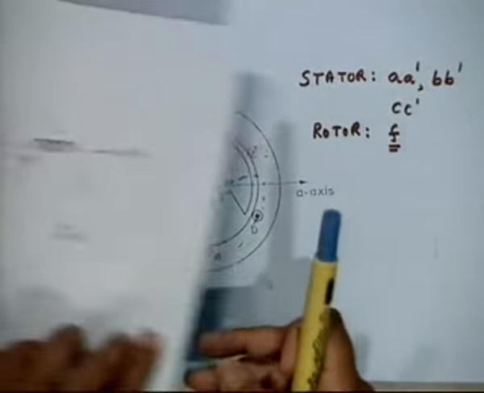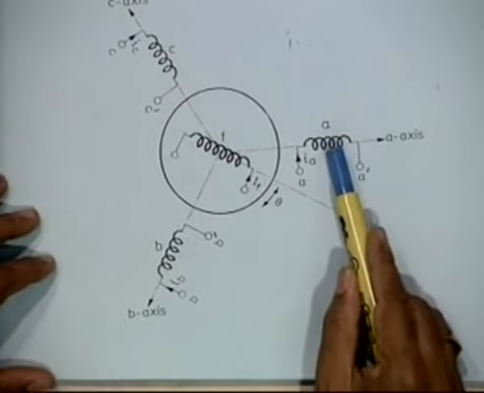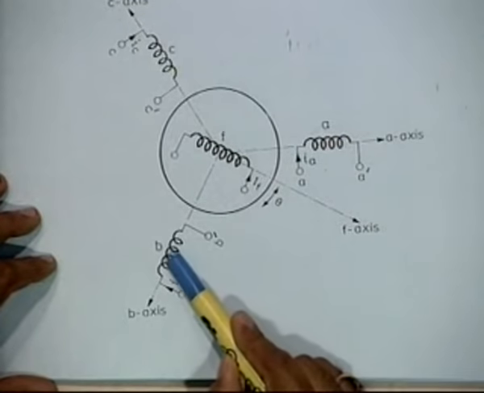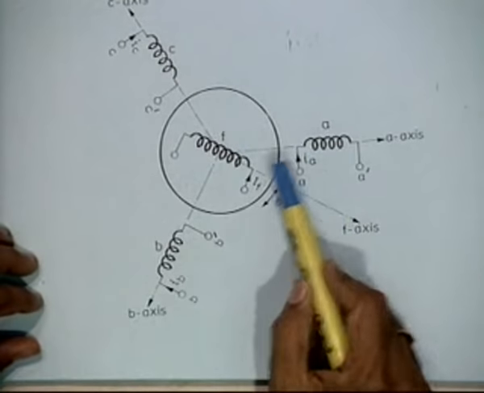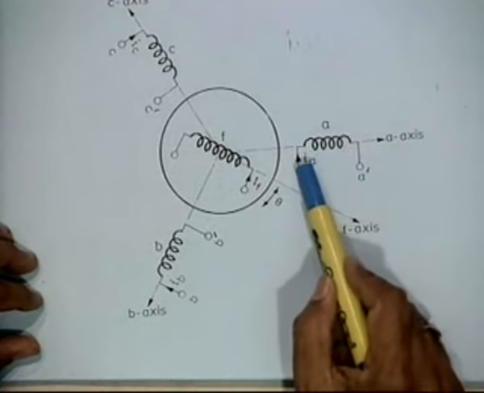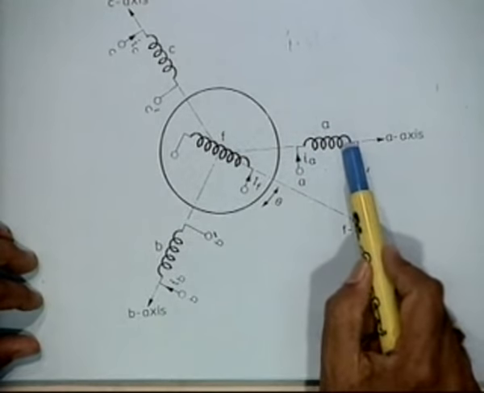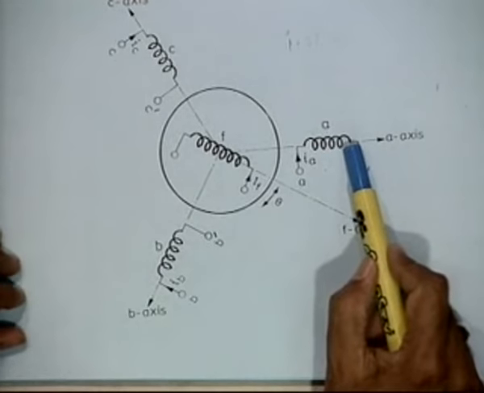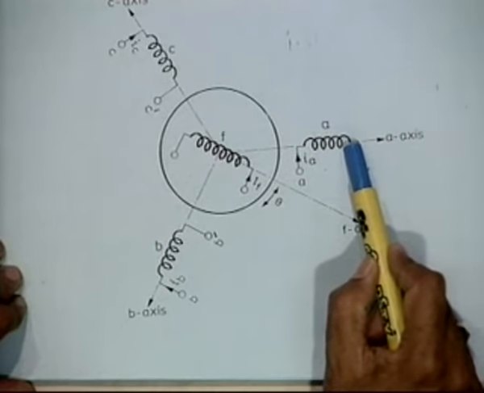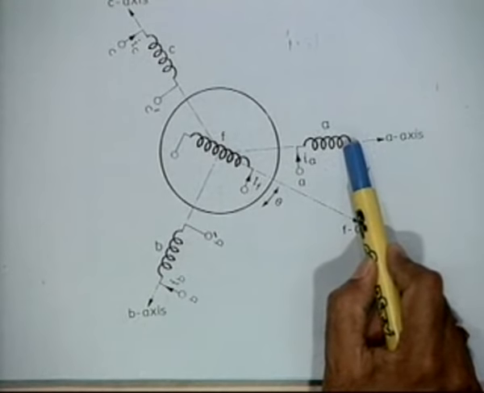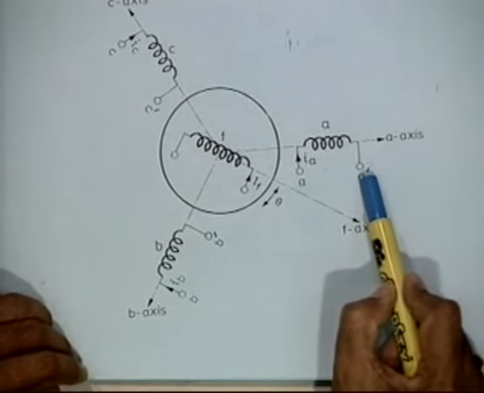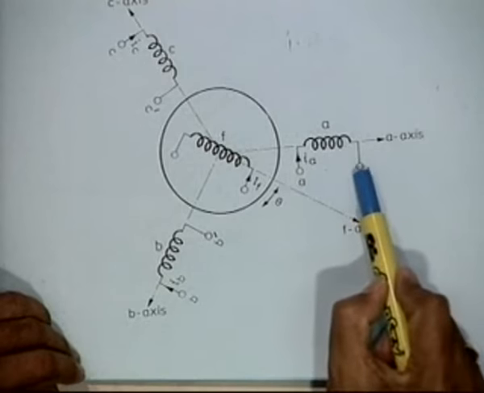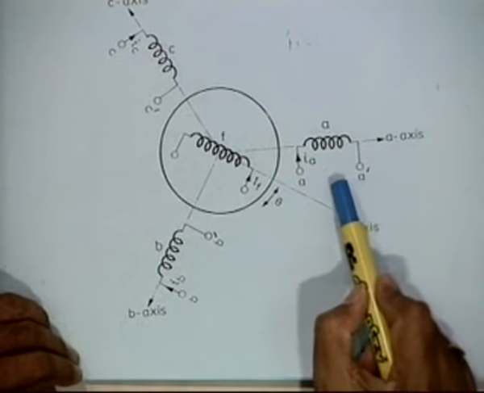When this axis is aligned with the corresponding stator axis, sometime A will have maximum flux linkage, sometime B will have maximum flux linkage, sometimes C will have maximum flux linkage. And you would naturally expect that flux linkage will be varying with time, with a maximum value at some instant, zero value at some other instant, and negative maximum at some other instant. So you can expect the flux linkage to vary sinusoidally with time. When the flux linkage varies sinusoidally in time, since the voltage induced by Faraday's law is the rate of change of flux linkage, that also would be varying sinusoidally with time.